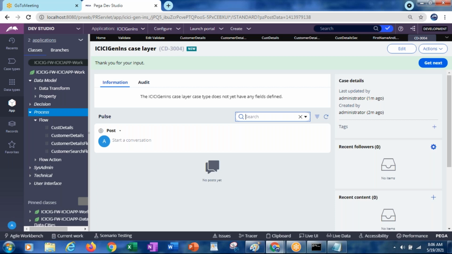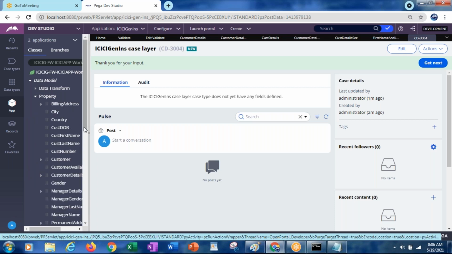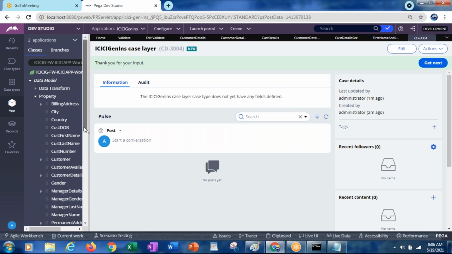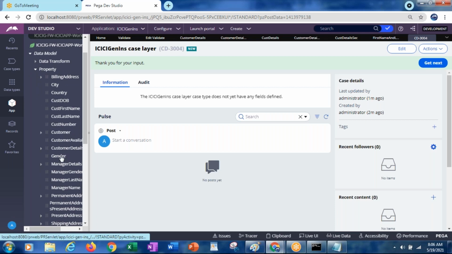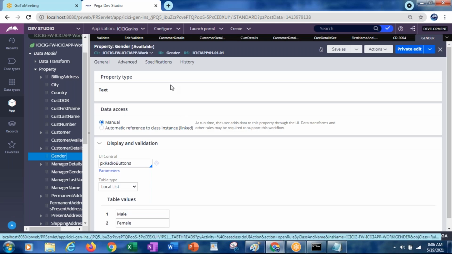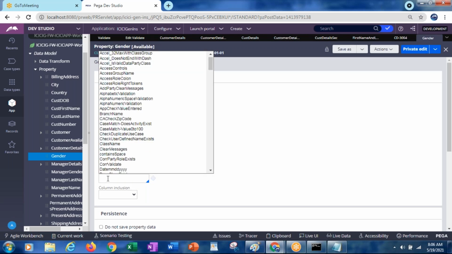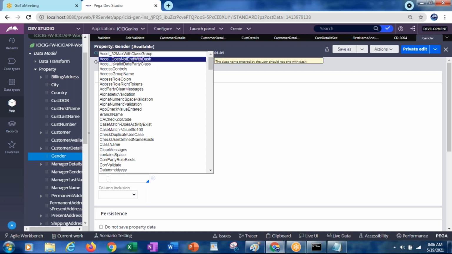Okay. So an edit validate rule we can apply at the property level. For example, if you take any property, under the Advanced tab we will have Use validate. Here all the validate rules which are available will be displayed.